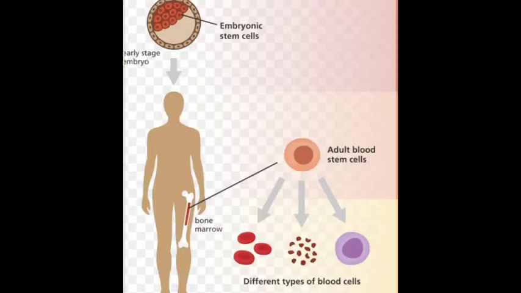Stem cells are divided into two types, based on where they are obtained, that is the source actually. Now during the embryonic stage, if you are getting it, then they are called embryonic stem cells. And if you are getting it from an adult person, maybe from his bone marrow, then that cell is called an adult stem cell. From your blood or from your bone marrow, if you are taking it, then it is called adult stem cells. So like these, two types of stem cells: embryonic and adult stem cells.